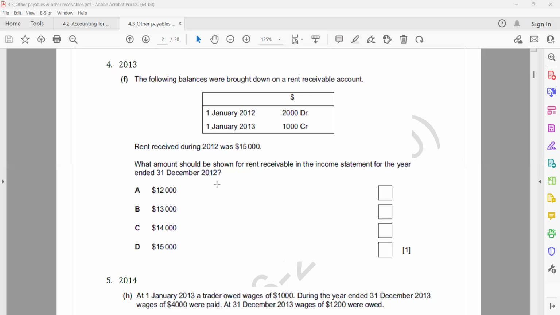Okay, question number 4. The following balances were brought down on a rent receivable account. Rent received during 2012 was 15,000. What amount should be shown for rent receivable in the income statement for the year ended? This one is the income account. Okay, put in your opening and closing. Debit, credit. Where should you put? This account, debit, credit. Where is the amount to put? Here, debit, you put debit. But here, credit is referred to